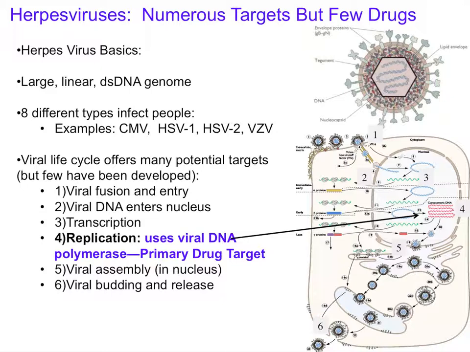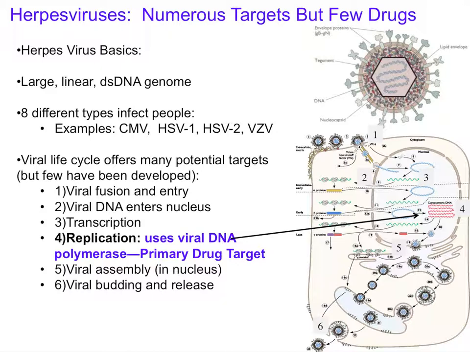Let's now move on to talking about herpes viruses. Herpes viruses are very important because there's a number of them that cause disease in humans. The ones we're really going to focus on in this lecture are CMV, HSV1 and 2, and VZV. The reason that we're focusing on those viruses is that those are really the main viruses for which antivirals